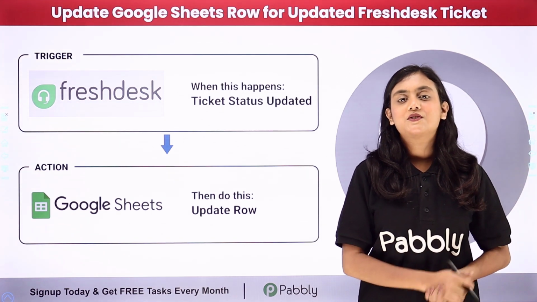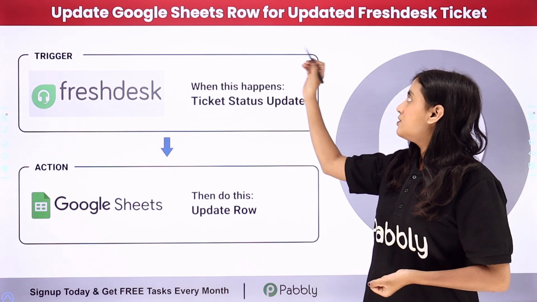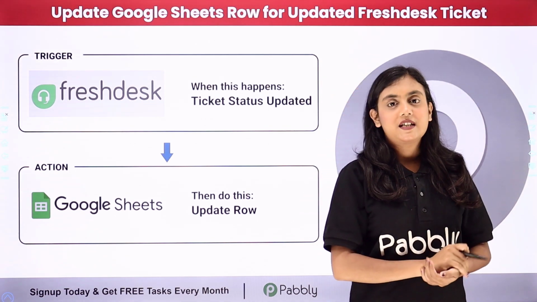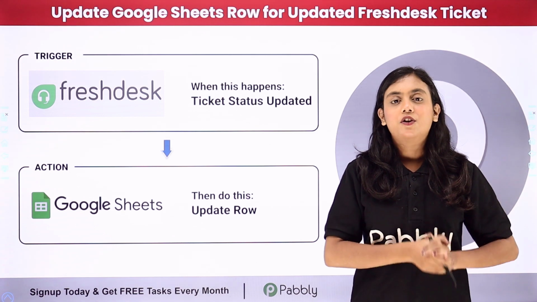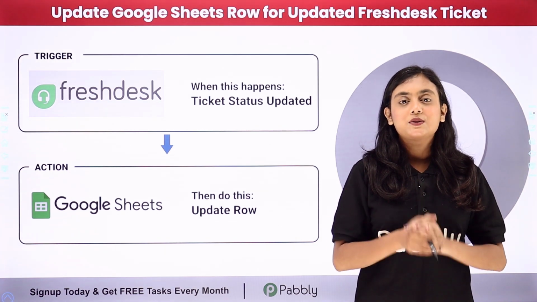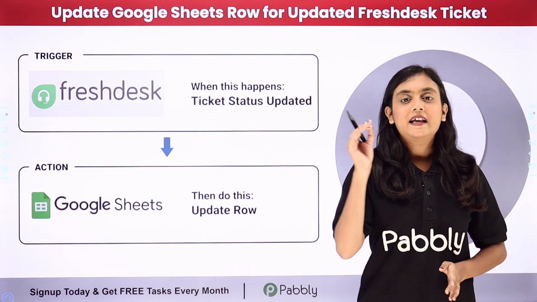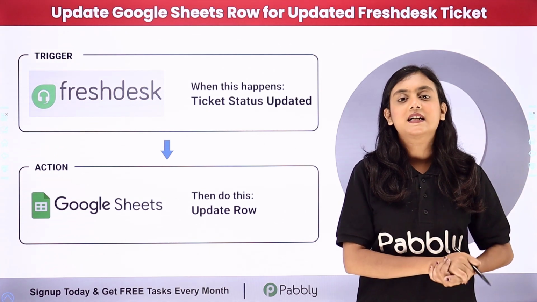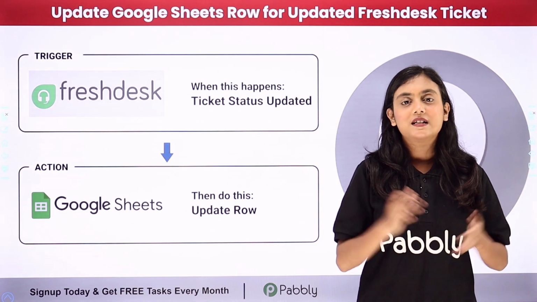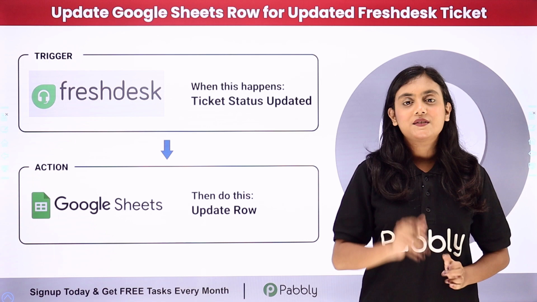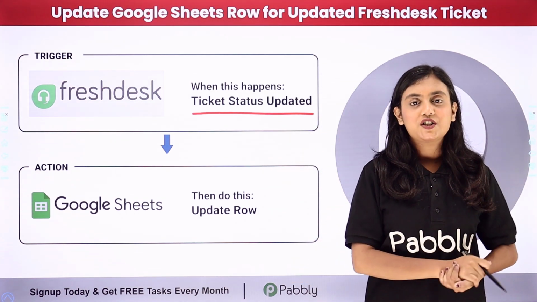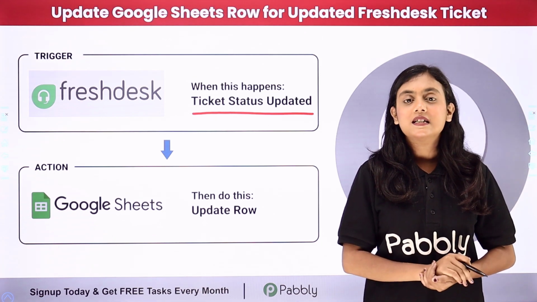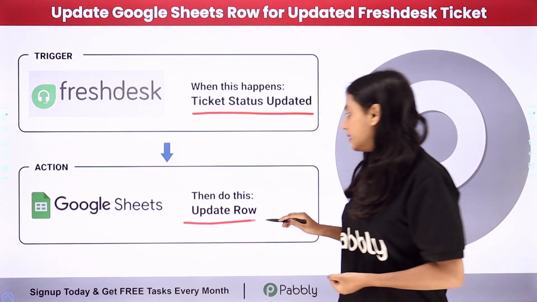In this video we're going to learn how to update Google Sheets row for updated Freshdesk tickets. So I am an owner of a business and I manage all the inquiries raised by my customers with the help of Freshdesk. And I also create a record of all the tickets that are created in my Freshdesk account in my Google Sheets. So my objective is that as soon as the status of any ticket is updated in my Freshdesk account, automatically the status of the same ticket should also be updated in my Google